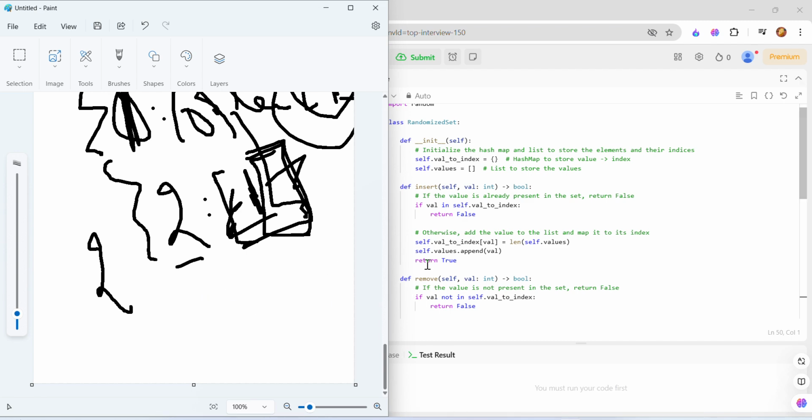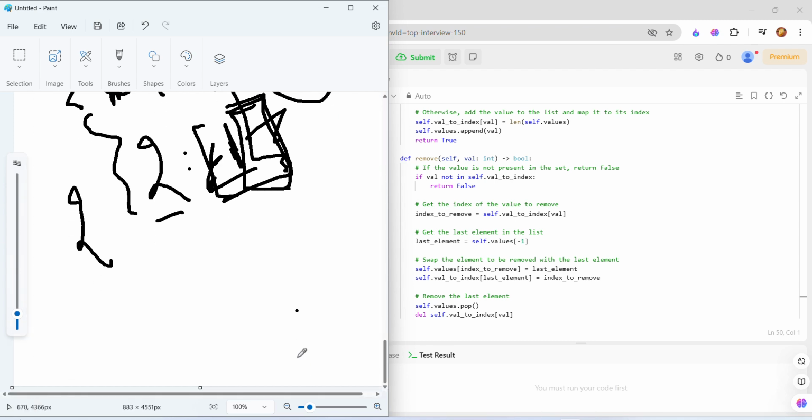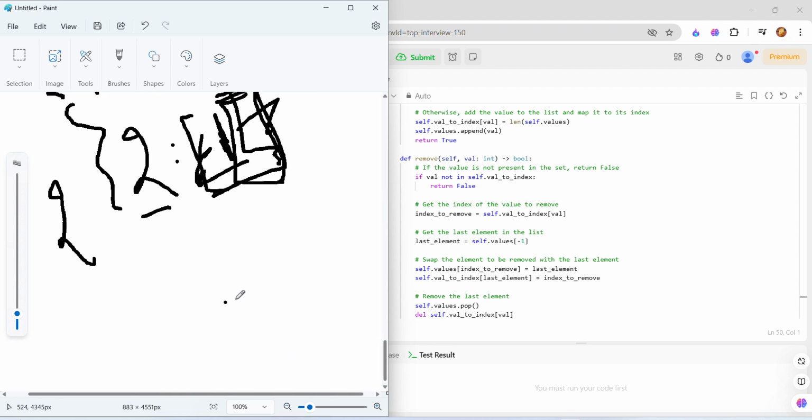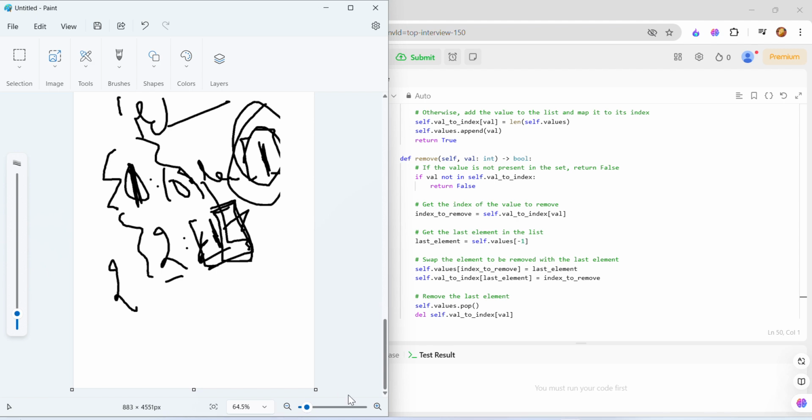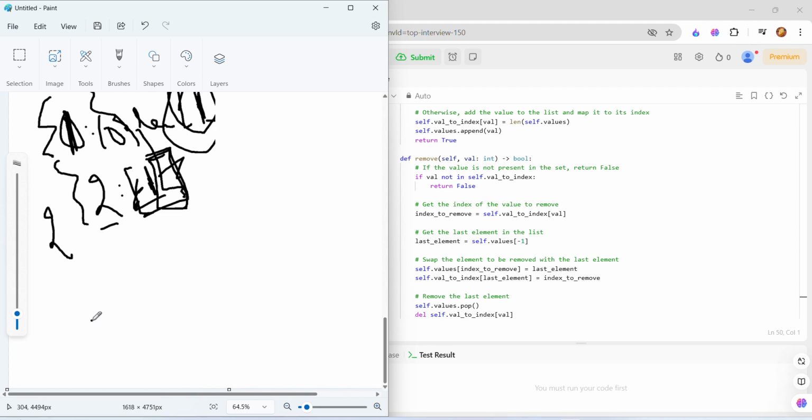And remove. If the value is not present, then we have to return false here, because we can't remove anything if the value is not present itself. We can't remove that value. So if the value is present,